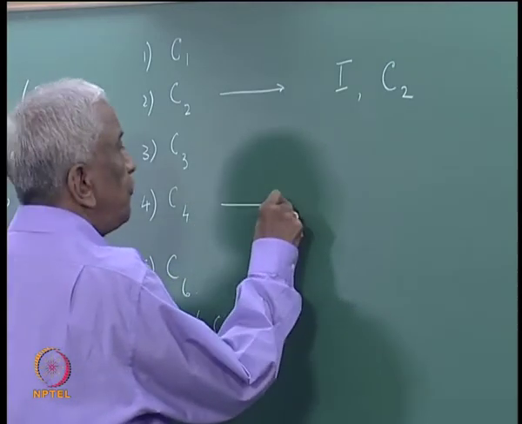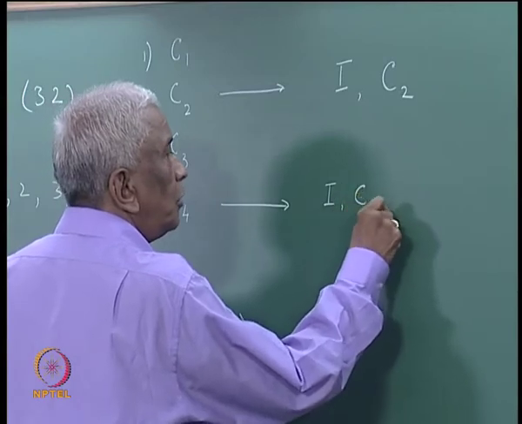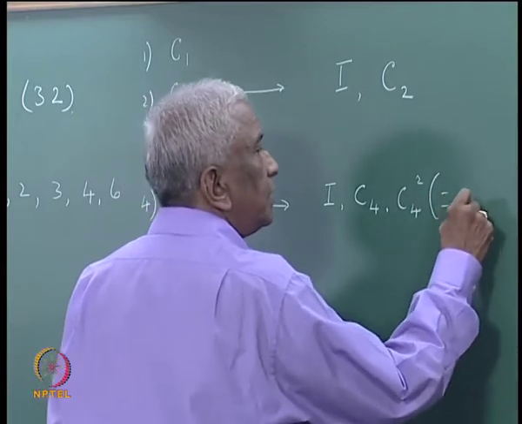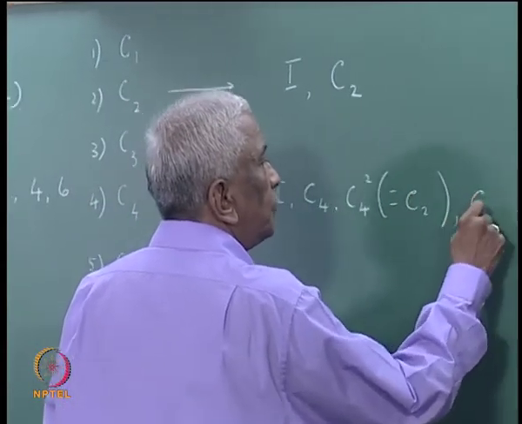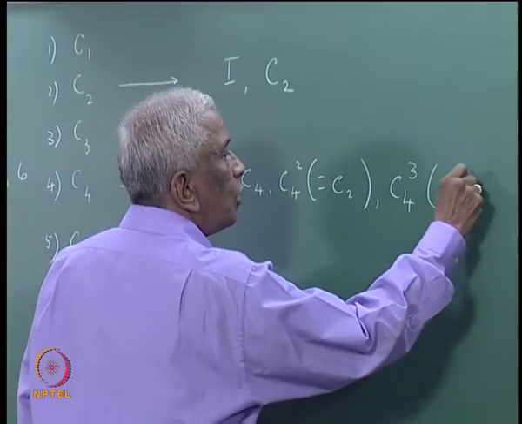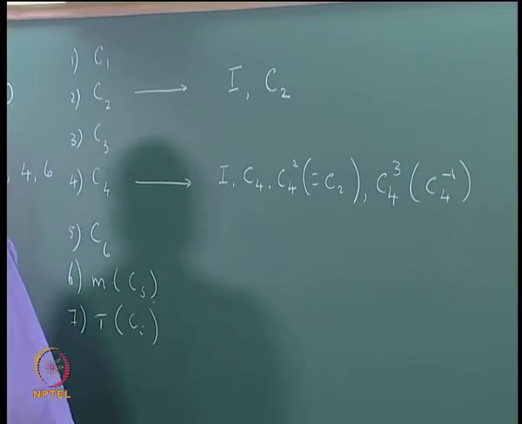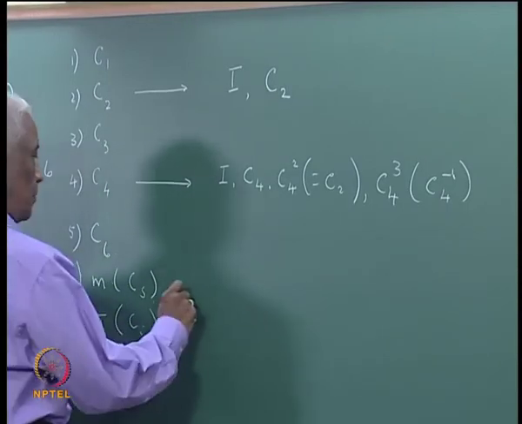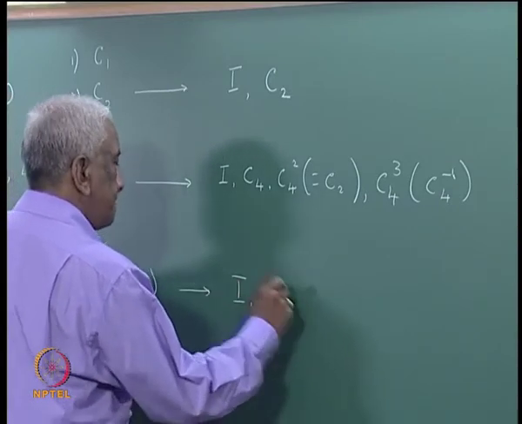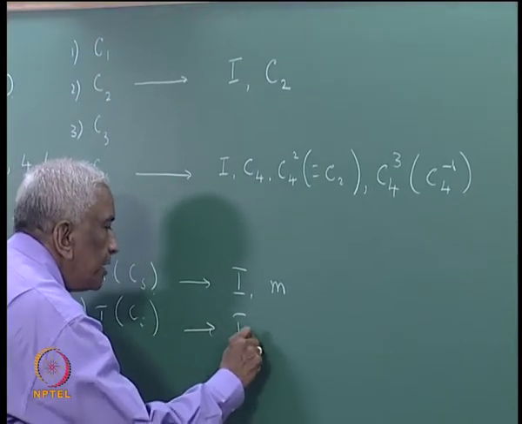Whereas for C4 the elements are C4, C4 square, which is really C2, and C4 cube, which is C4 in the clockwise direction, and so on. Similarly, for a mirror, and for an inversion, the elements are